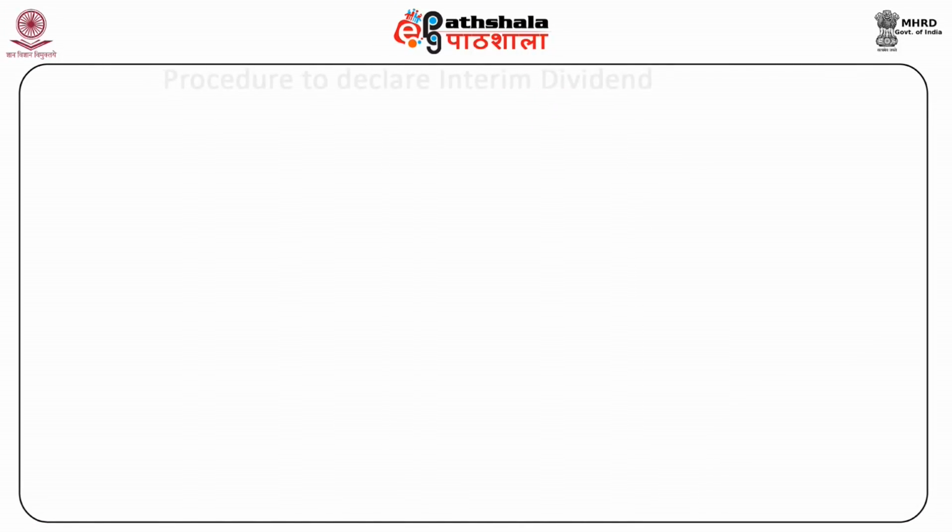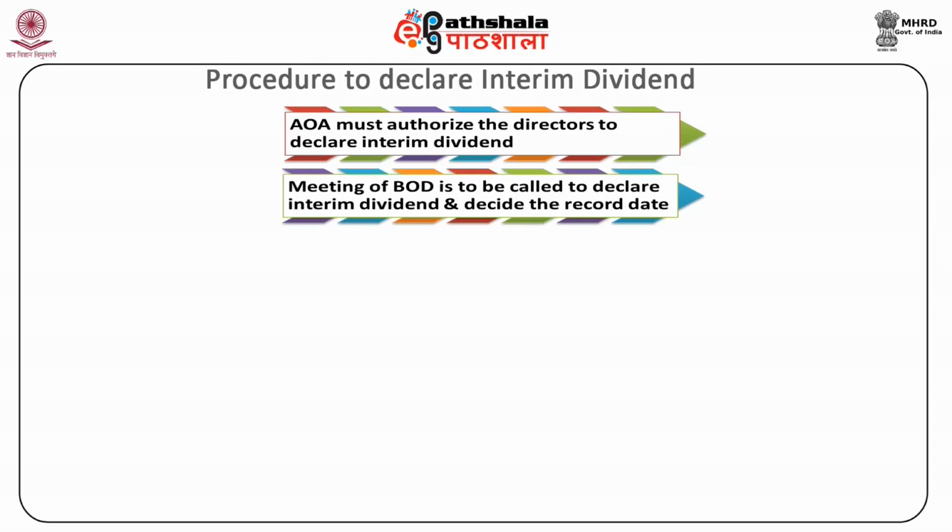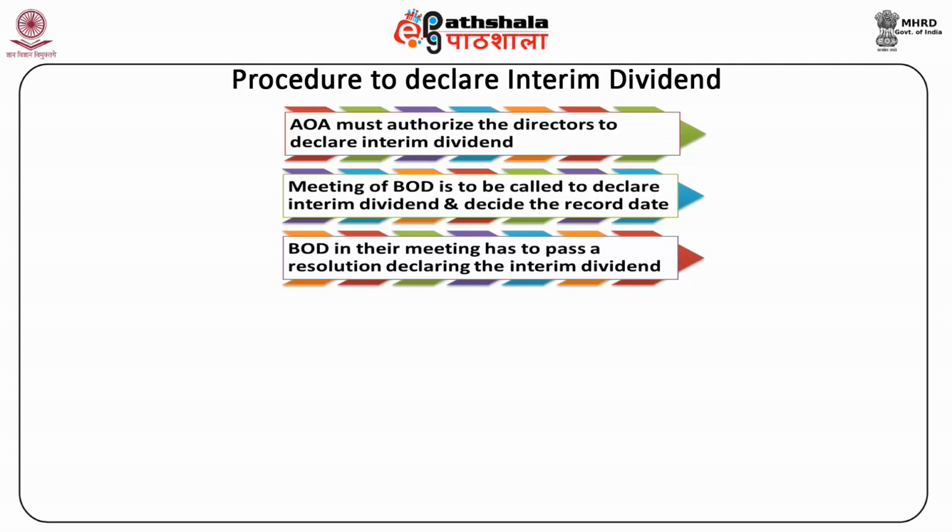Procedure to declare interim dividend. First, Articles of Association must authorize the directors to declare interim dividend. Second, meeting of board of directors is to be called to declare interim dividend and decide the record date. Third, board of director in their meeting has to pass a resolution declaring the interim dividend. Fourth,